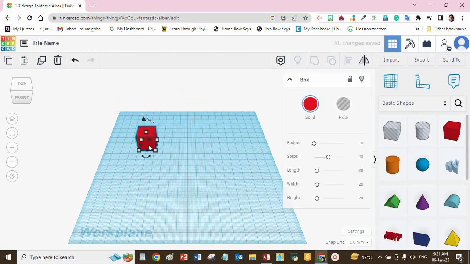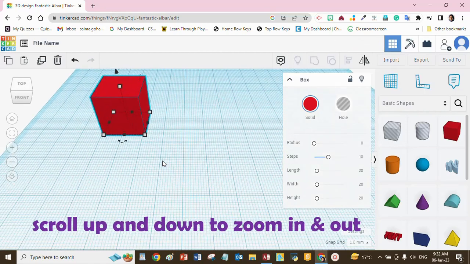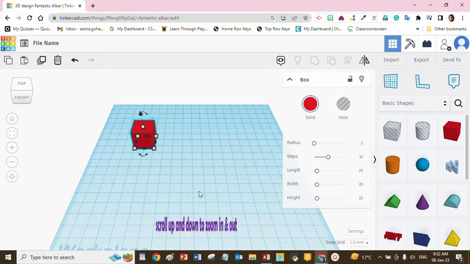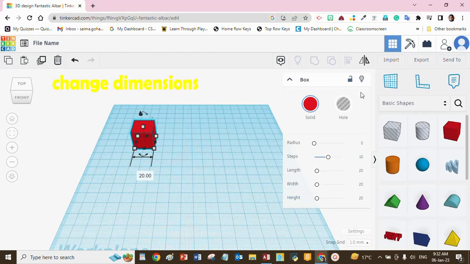If you want to zoom in and look at it closely, you zoom in with the scroll wheel and zoom out with the scroll wheel. Now when the shape is selected, you can see that a small window has opened up. You can change the radius. You can look at the changes it is giving to the shape that you have selected. You can change the smoothness. You can change the length